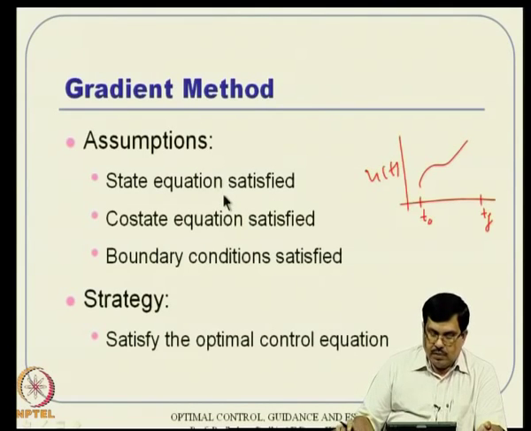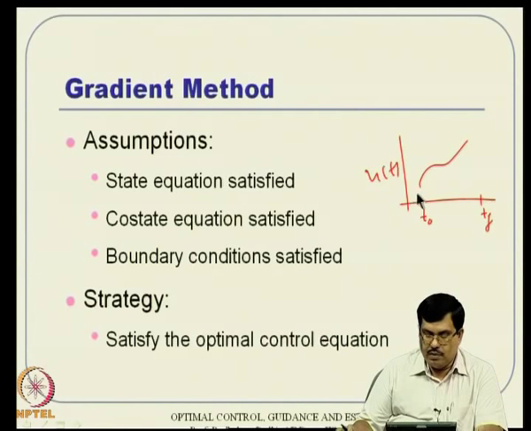So, the procedure is like this: you guess a control history, and then start with the initial condition of the state and integrate it forward. Then at the end you calculate the required co-state using the final condition of the co-state, lambda f equal to del phi by del x, that kind of thing. And using that lambda f and the co-state equation, you now integrate it backward. Then you will get the entire co-state trajectory also. So, now the state trajectory and co-state trajectory as well as the previous control trajectory are available. The control trajectory may or may not be needed anymore, depending on the iteration that you are talking about.